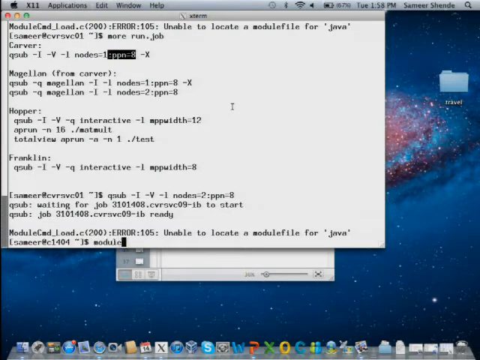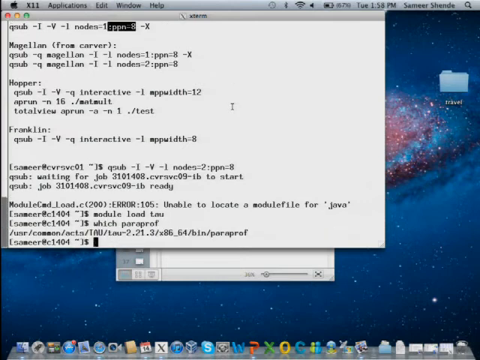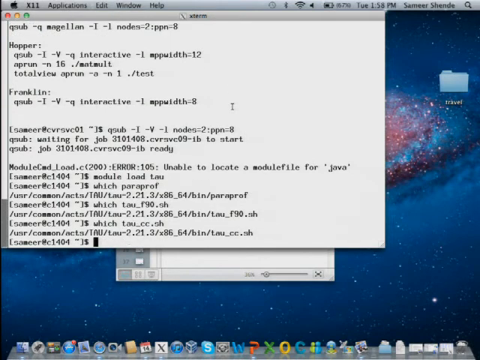I want to load TAU. And now TAU is in my path. I can say which paraprof, and there it is, tau 2.21.3. TAU is there. I can say which tau_f90.sh, which tau_cc.sh. Okay? Now, let me